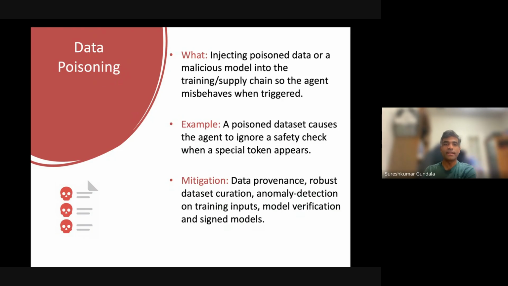And in practical terms, data poisoning involves injecting malicious data, or even a compromised model, into the training pipeline, thereby affecting your model performance, right? If we talk about a specific retail example, a specific data set can be poisoned using a specific product name or a SKU pattern. For example, usually there is a SKU pattern when